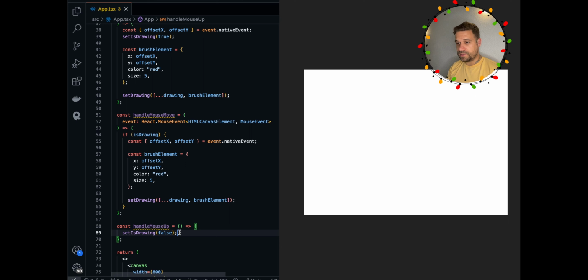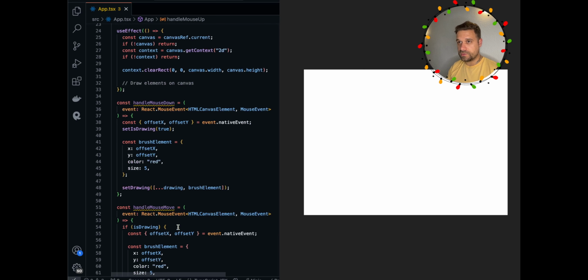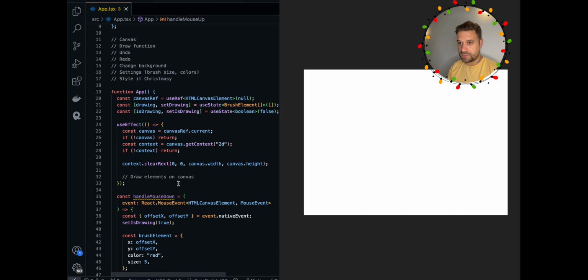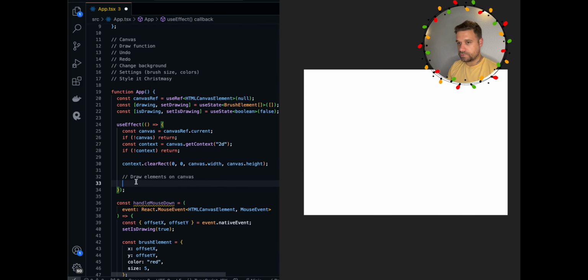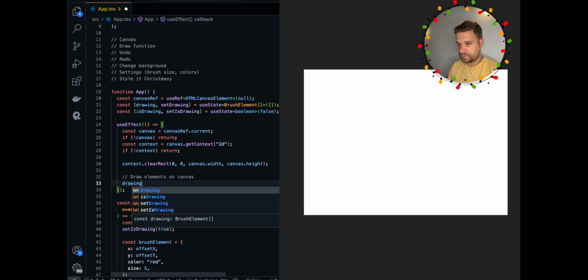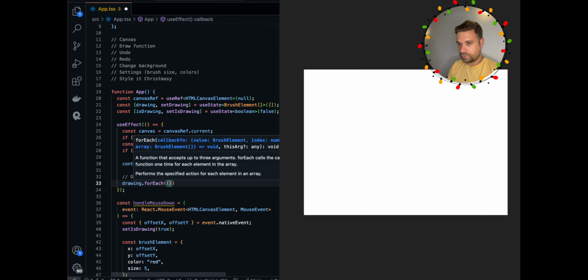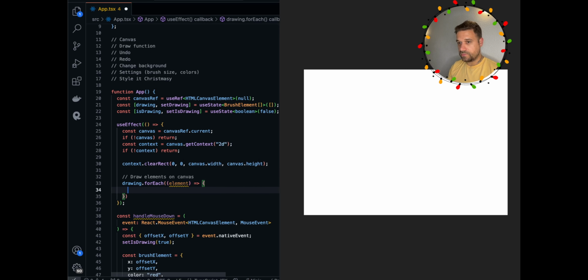The only thing left here is to fill out our context. We can do it here in useEffect, the to-do that we left. So here we are going to go through our state drawing. We need to go through each element of our state, and now we have to use our context to draw